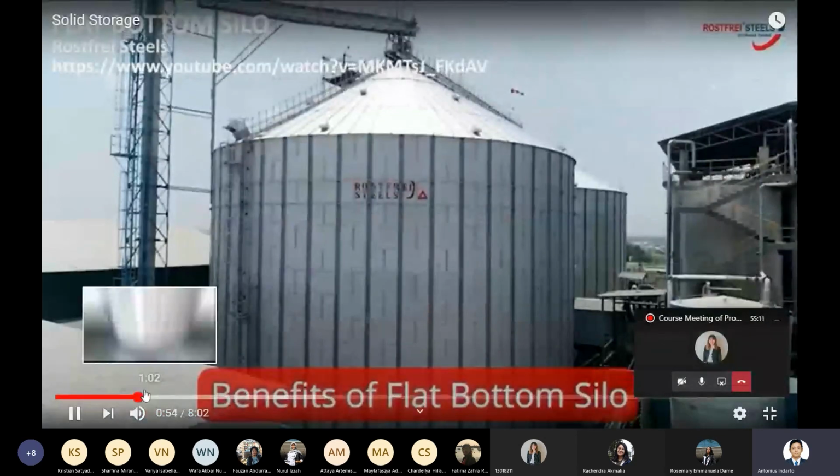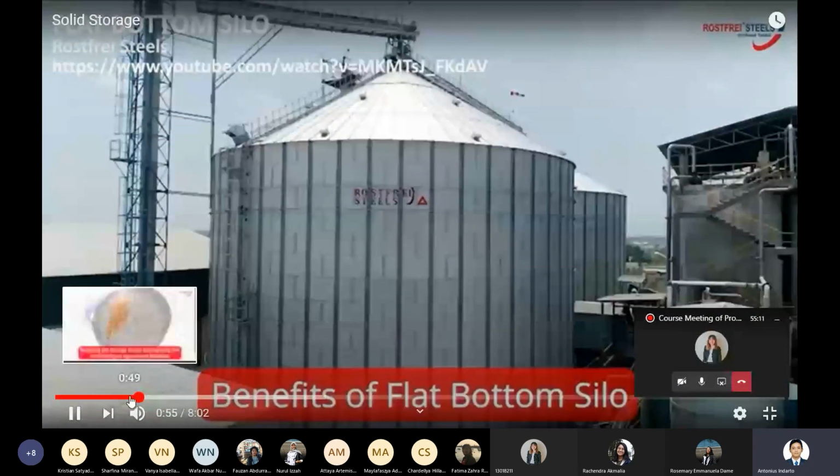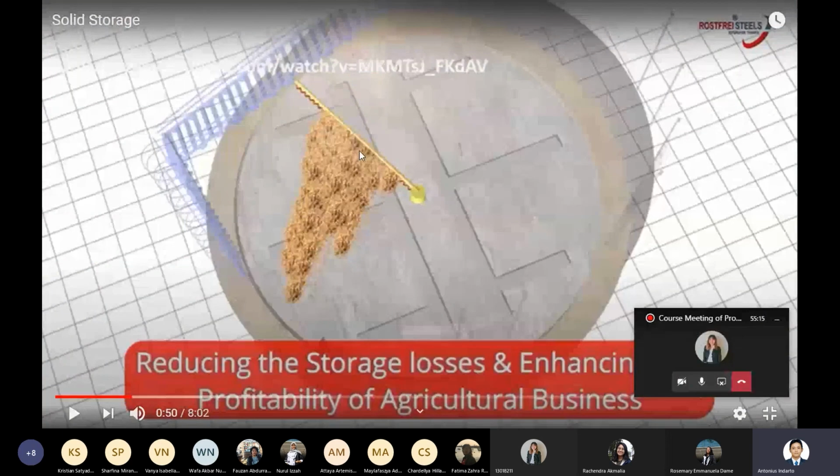If you look at this one, I will go back a bit. This is the way for us to avoid agglomeration. Sometimes we put a blade that rotates inside the solid particles to avoid that kind of agglomeration.